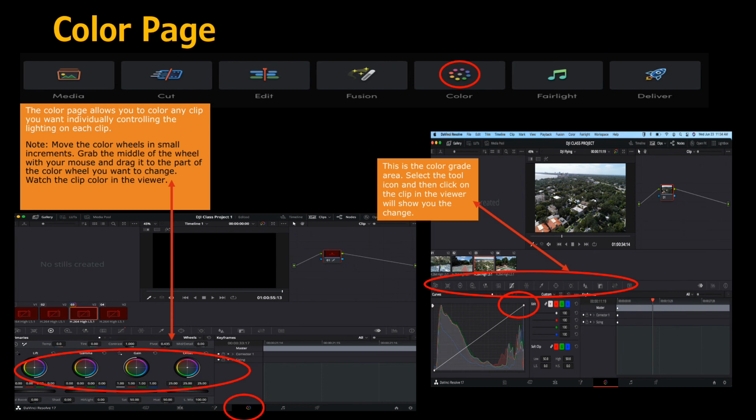So the color page allows you to color any clip you want individually. You can control the lighting on every single clip. Note that when you move these color wheels at the bottom, you just grab the middle of the wheel with your mouse and you drag it to the part of the color wheel you want to change. You should watch the clip in the viewer as you're making the change, because you'll see it tint. These are not drastic moves. When you're changing the color wheels,